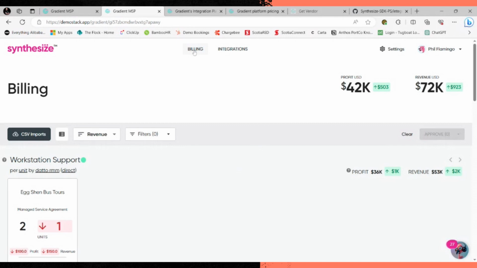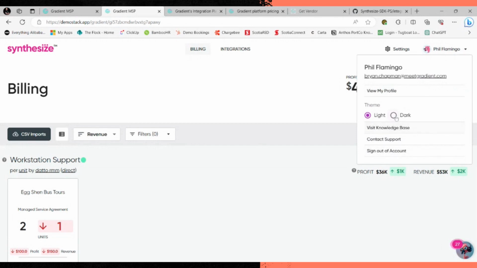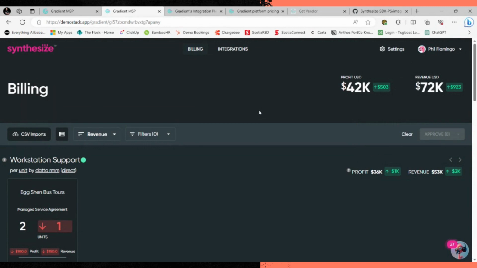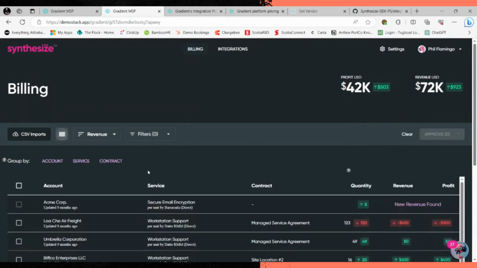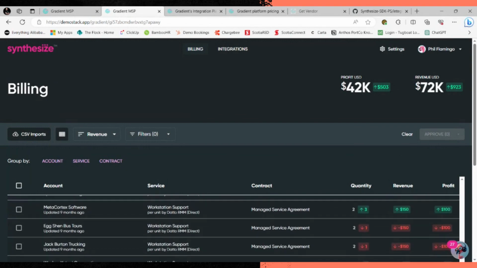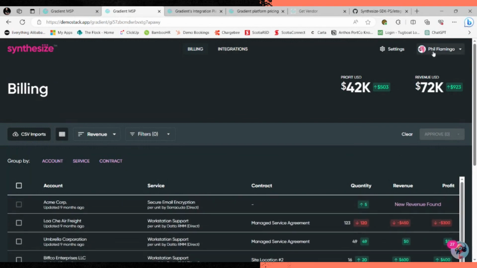I like it. And I love that you've got the profit and revenue up on the top there too. Yeah. And then for the night owls, we introduced dark mode as well. So nobody likes looking at massive lists of things on a bright screen. So if you want to do it, we've got the dark mode as well, all available for them.